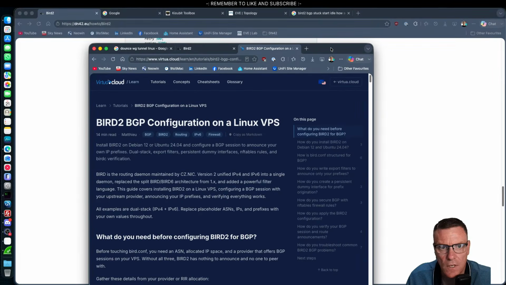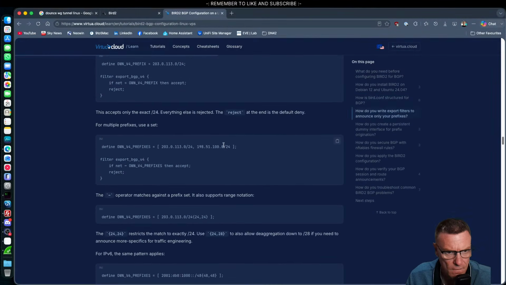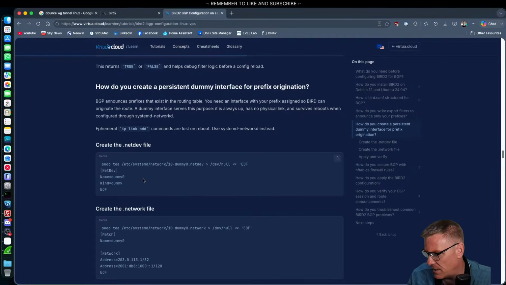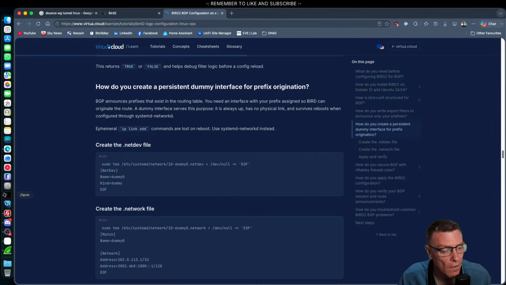That's what I was looking at. So where was this? Here we go. So define your own prefixes. Filter export. So did he apply that? Yeah, when you're going over the MPLS, you would normally turn off revealing your inner. So if I